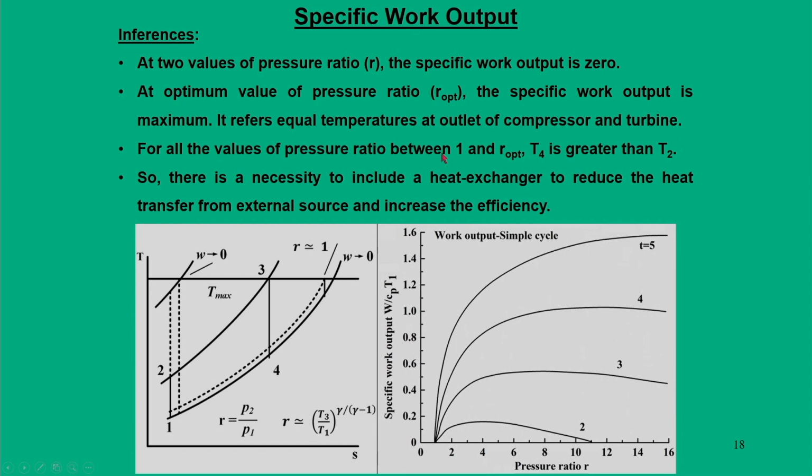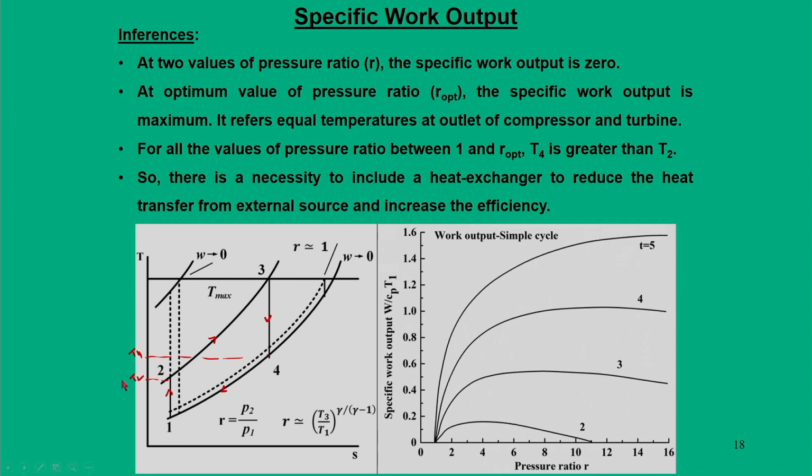For all values of pressure ratio between 1 and R optimum, T4 is always greater than T2. Hence, there is a necessity to include a heat exchanger to reduce the heat transfer from the external source and increase the efficiency. Simple Brayton cycle analysis tells us that the condition of optimum power is a situation where compressor exit temperature and turbine exit temperature are equal, that is T2 is equal to T4. So, these 2 points must coincide